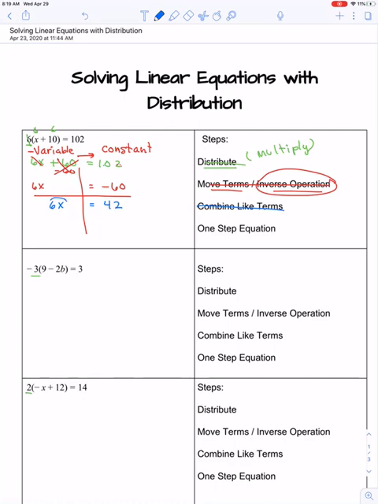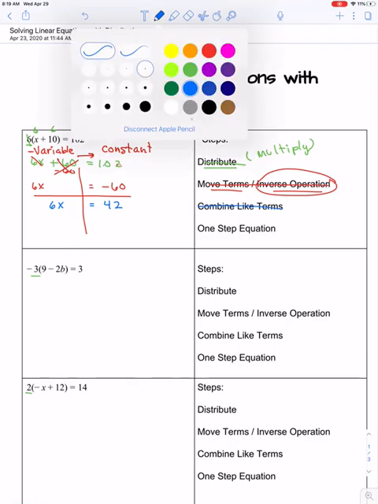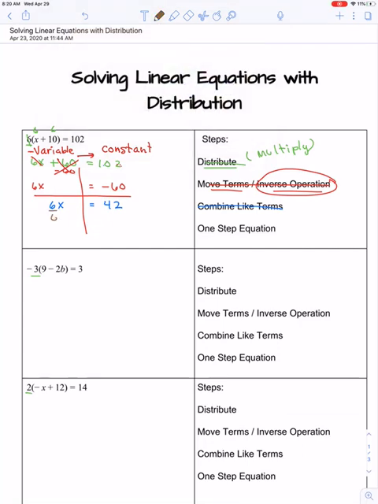Remember, when things are side by side like this, that means multiply. So the opposite of multiplying is to divide. I divide everything, and you always divide by your coefficient. Remember, coefficient is the number in front of the variable. So 6 divided by 6 is 1, but we don't rewrite 1 as a coefficient, equals 42 divided by 6